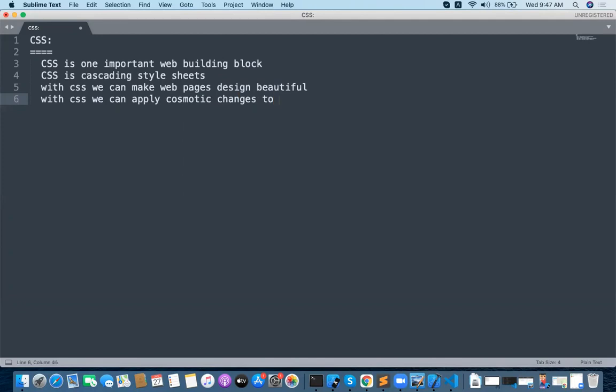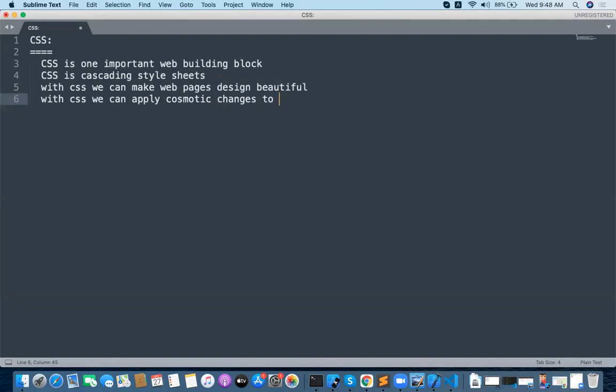Cosmetic means like decoration, flavor, like you are applying creams and powders, colors, whatever it may be. For example, a face has some cosmetic application, right?